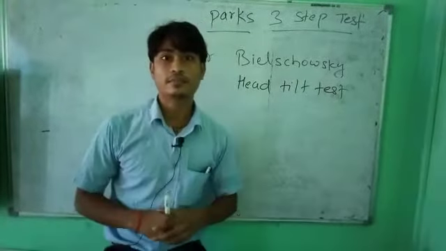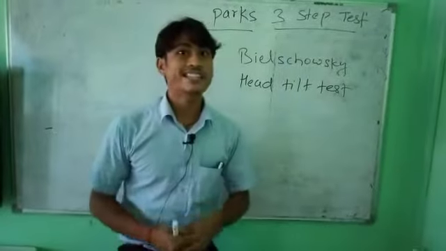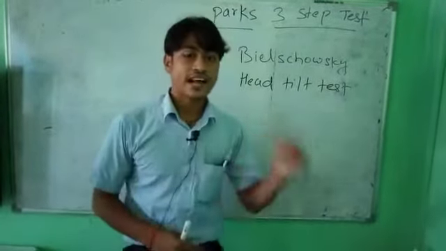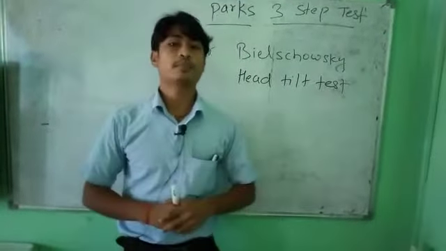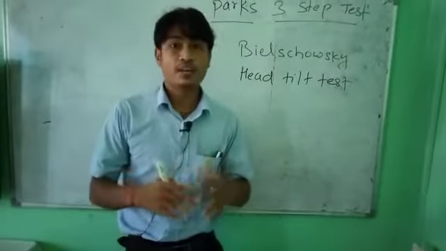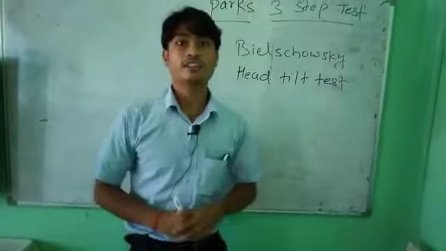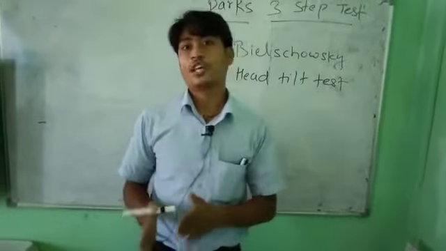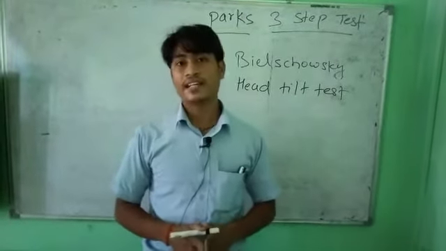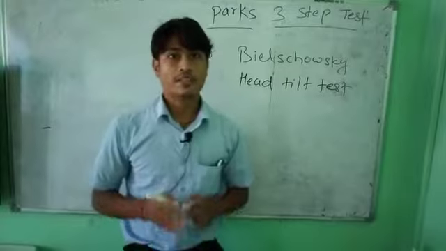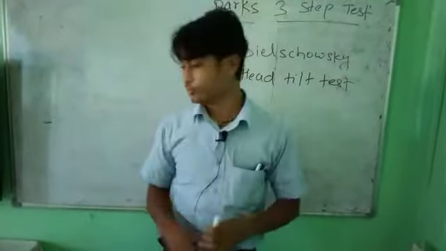So what are the 3-step tests which we have to consider? First step, in primary gaze, which eye is hypertropic: whether the right eye or the left eye is hypertropic. In second step, in which gaze the hypertropia increases, whether in the right gaze or the left gaze. And third step, in which head tilt the hypertropia increases, whether in left head tilt or right head tilt. Basically these are diagnostic tests and I am going to explain them in depth.